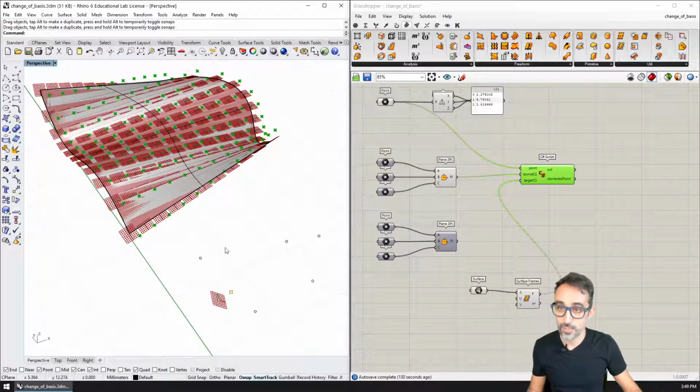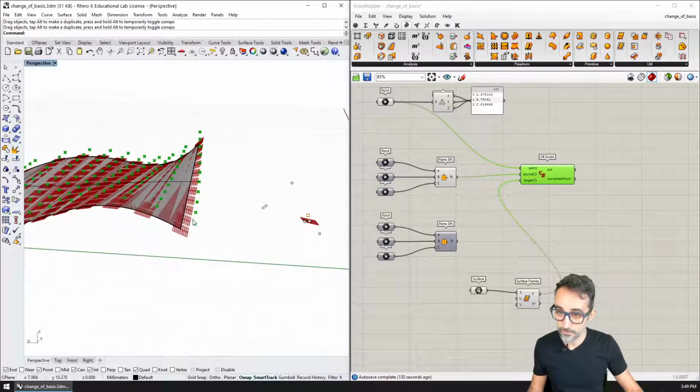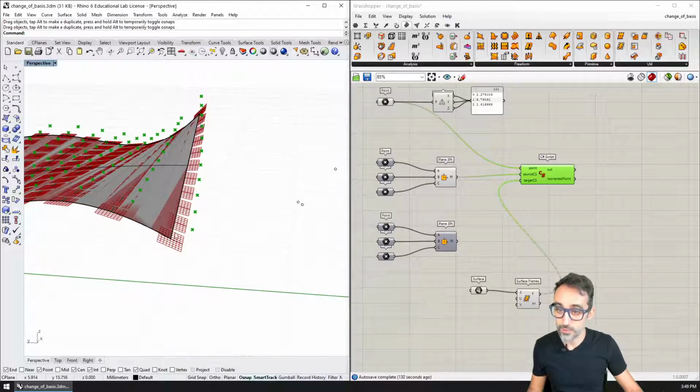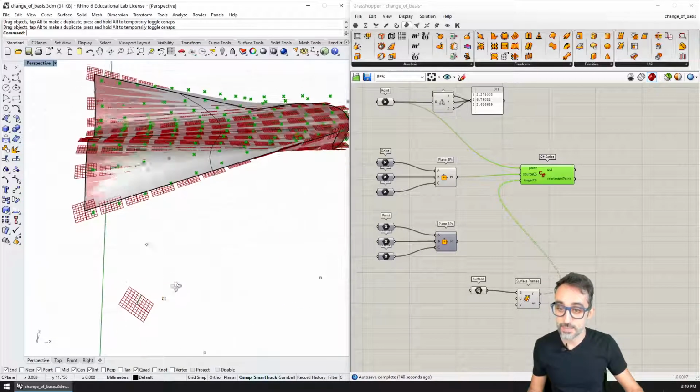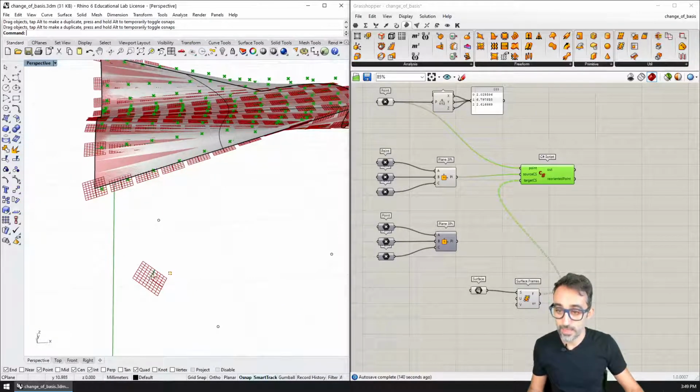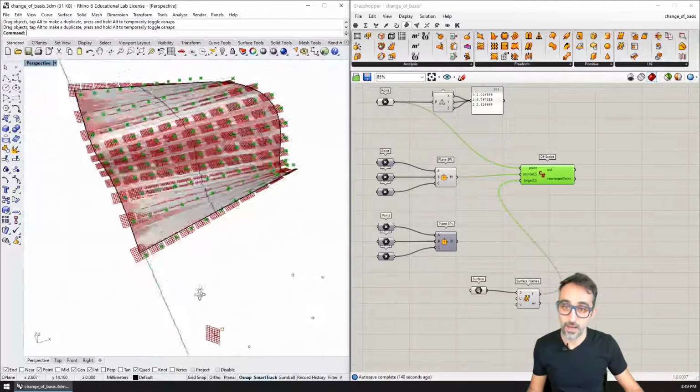So each one of these points is holding a relation to its reference plane, the same one as we can see here between this point and the source target plane.